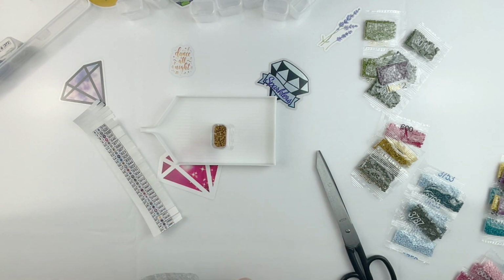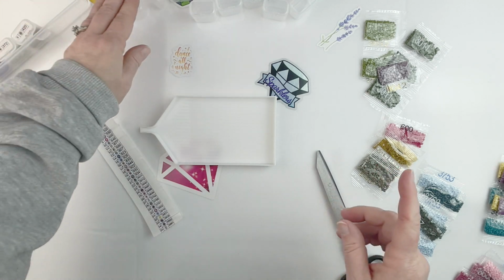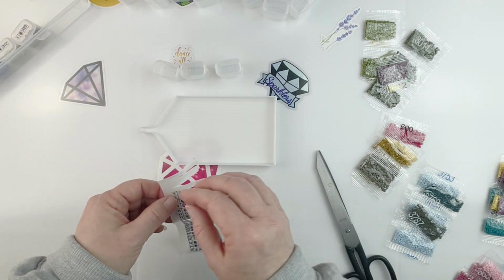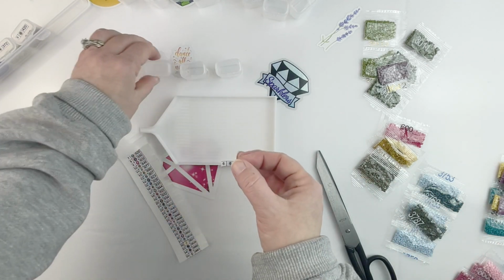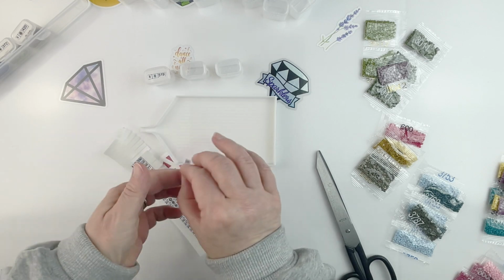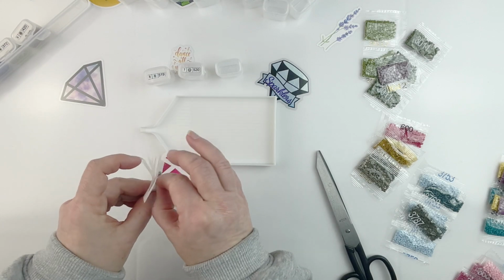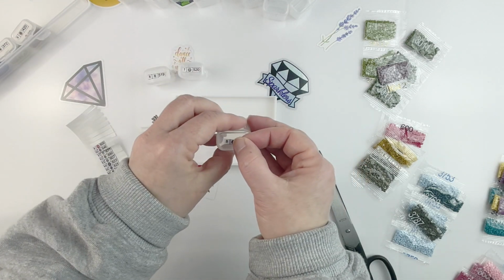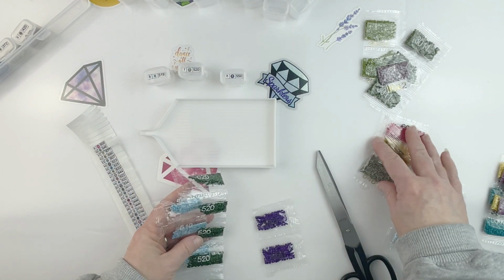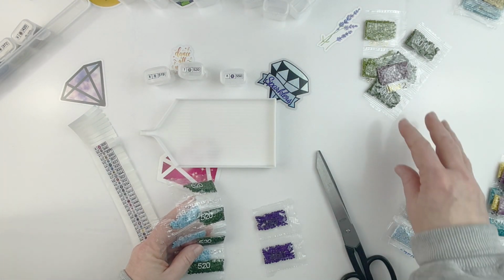We already have to recycle all of our plastic bags ourselves because our recycler would not pick them up. Still trying to figure that one out. I'm not quite sure why plastic bags is something they don't recycle since they are recyclable. But we've always just taken them with us. We do pickup for our groceries, so when we go to do pickup, we just give them to the person that brings out our groceries because all of the places that we go shopping at have their own recycling. So